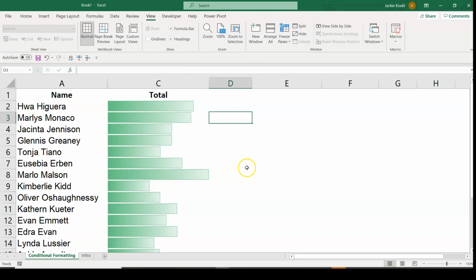So no sooner had I shown this to the students that they asked, well, what if you want both items? What if you want the numbers and you want the bars? So this is how you would do it. I'm going to go ahead and